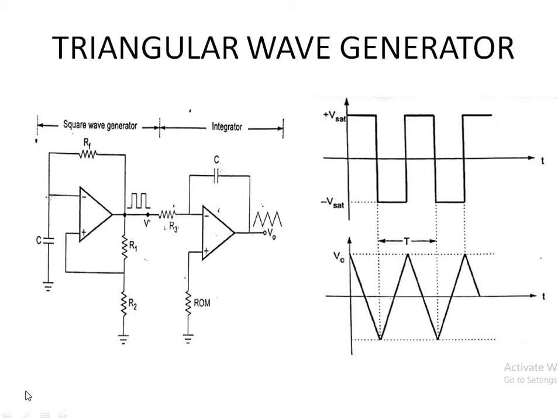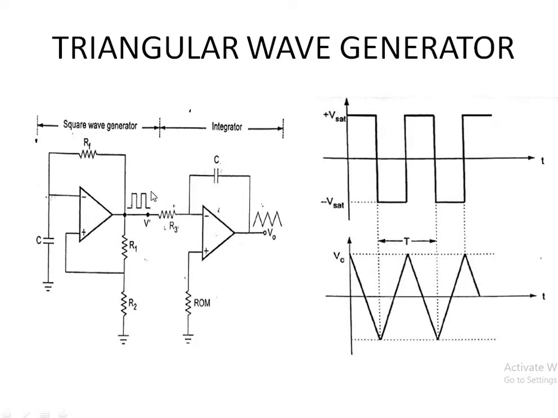Hello all. So in this session I am going to discuss the working of a triangular wave generator using op-amp. This is the circuitry of the triangular wave generator, and it consists of an op-amp based square wave generator and an integrator made up of an operational amplifier. Both circuits, the square wave generator and the integrator, are connected back to back through a resistor R3. The working of the square wave generator is the same as the normal square wave generator